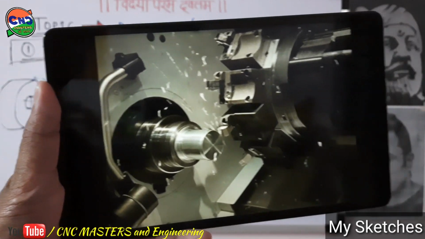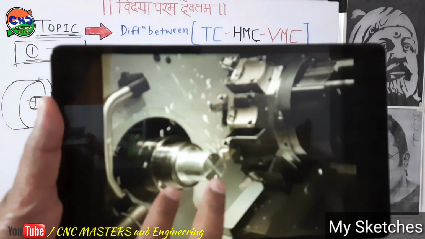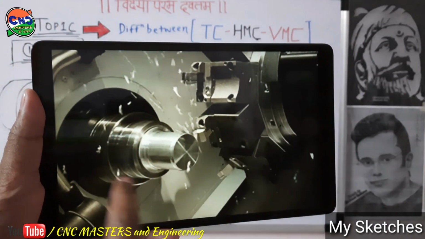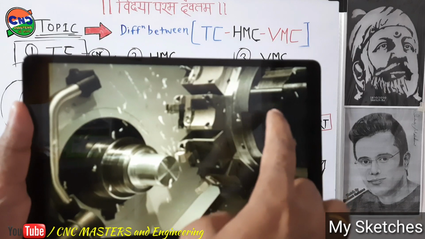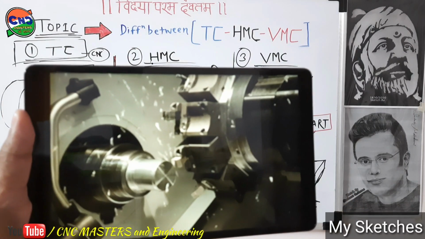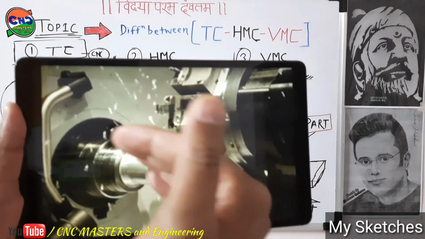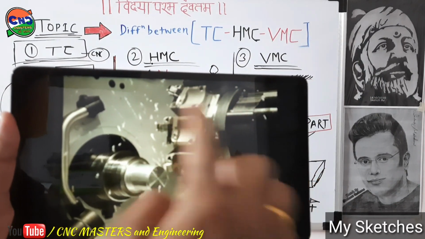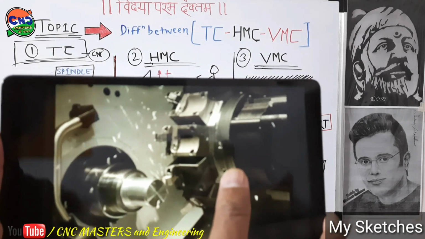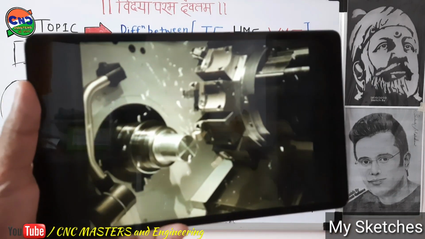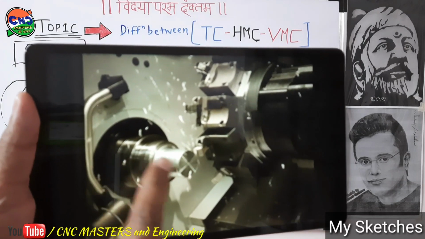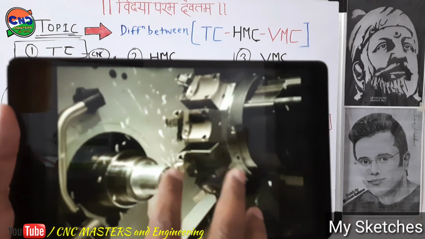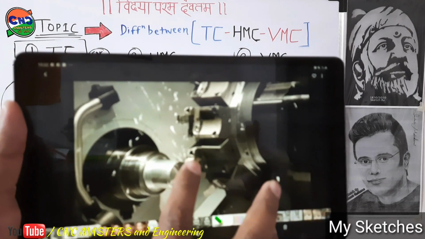This one is a turning machine, a turning center. As you can see here, this is a job, and this job is rotating on the C axis. And this is a turret, which is on this side. I'm showing this side, but the turret is always on that side. It has a number of tools: grooving tools, turning tools, and some boring tools are also there. So this is the C axis, this is a job, and these are the cutting tools. This type of machine is used for turning purposes only.